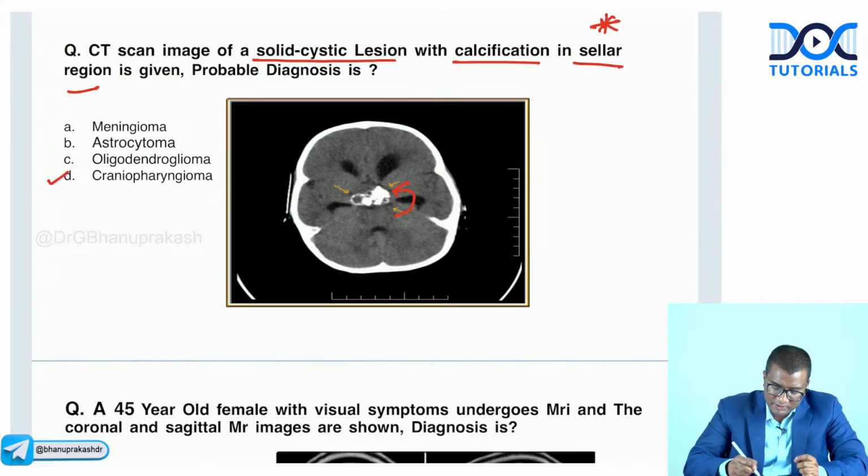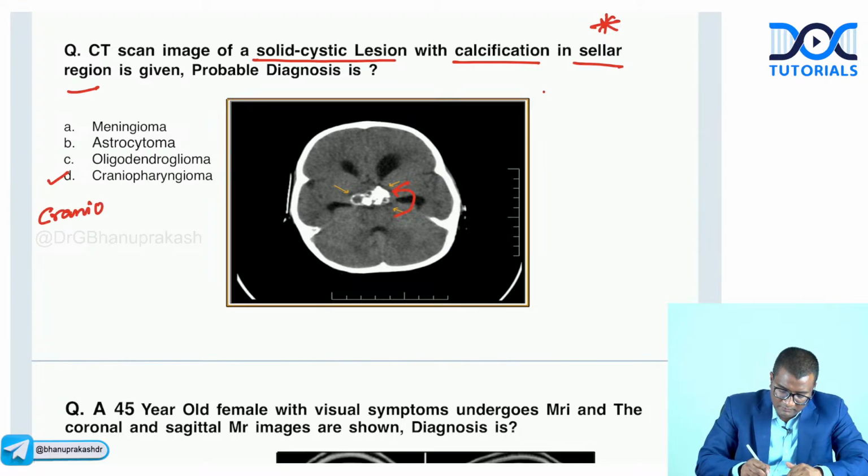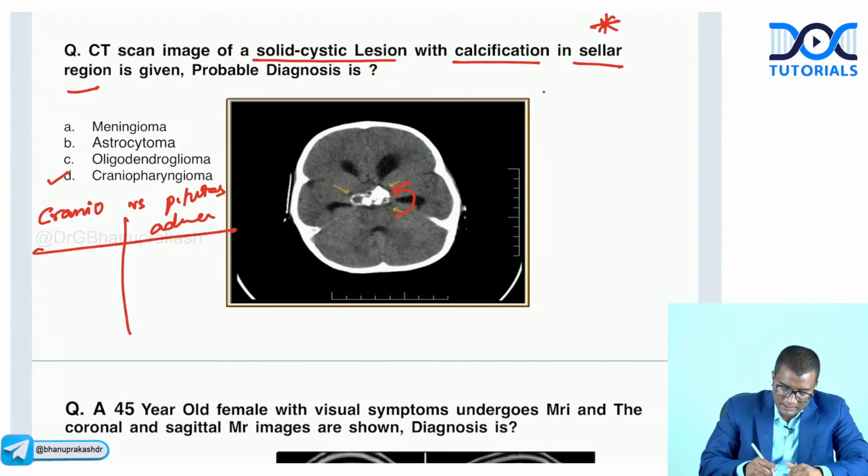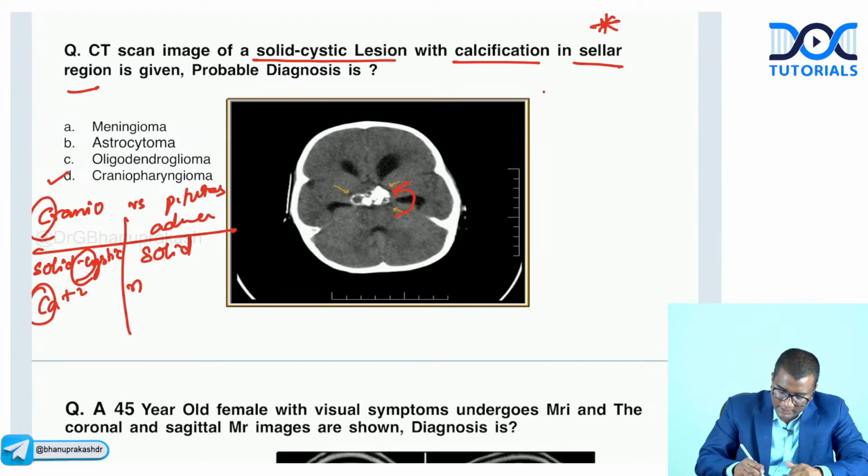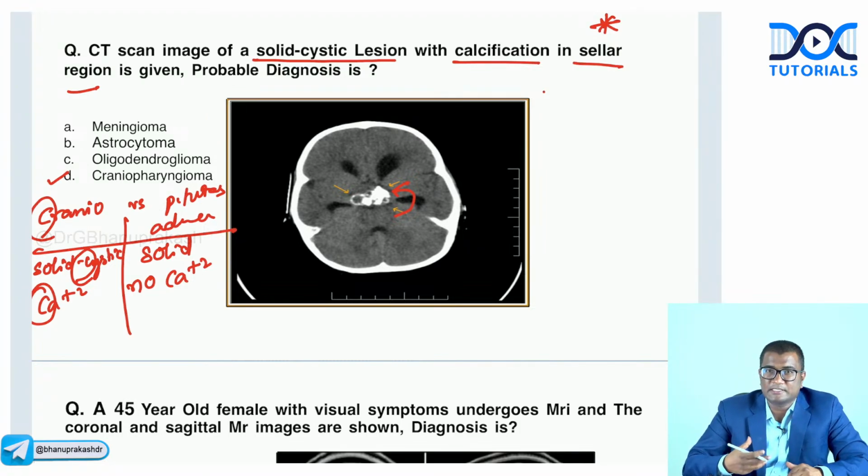So remember, craniopharyngioma differs from pituitary macroadenoma. If you compare craniopharyngioma versus pituitary macroadenoma, craniopharyngioma is solid cystic. Remember, cystic areas are there, and it shows calcifications. Pituitary macroadenoma is purely solid, with no calcifications. So if you see a solid cystic area with calcifications, it is craniopharyngioma. Purely solid, no calcifications, that is a pituitary adenoma, right? And